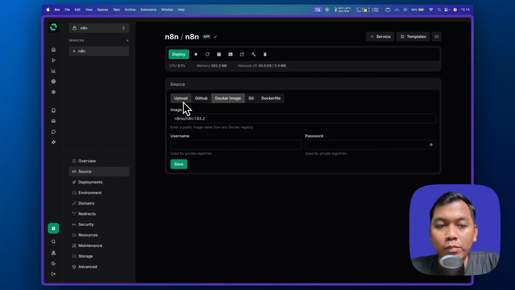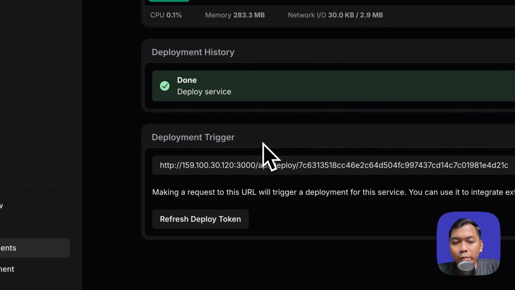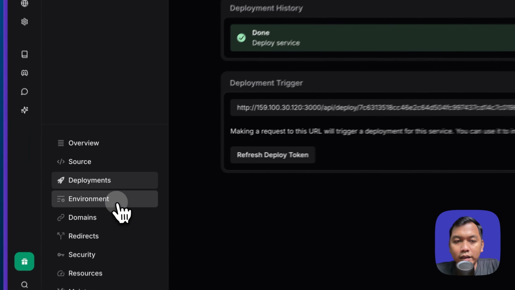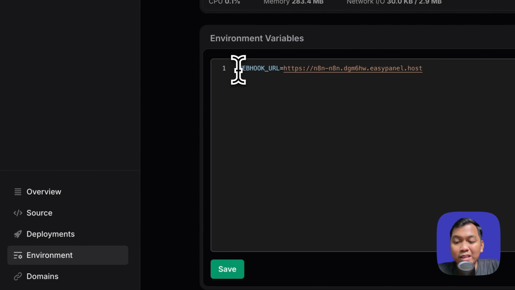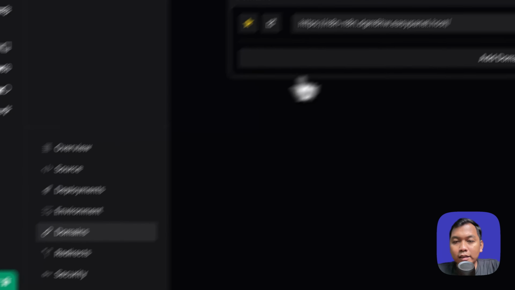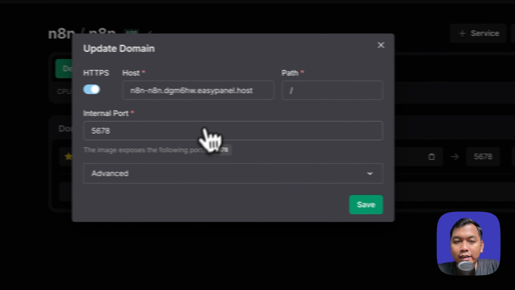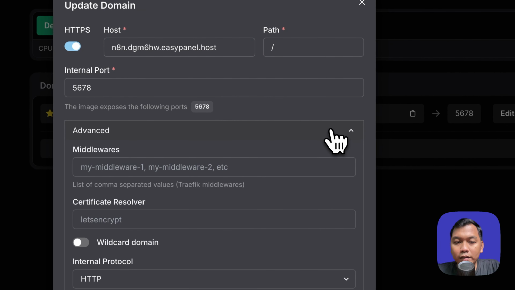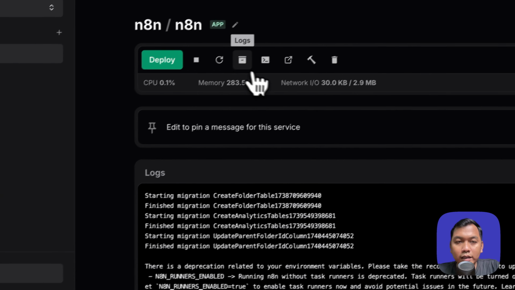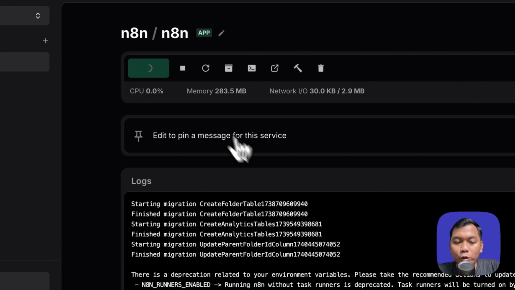We can select upload, GitHub, or Docker image. In this case, n8n uses a Docker image, and also this Git or Dockerfile. In this deployment, we will see a deployment trigger and environment here. We just have one environment variable, which is the webhook URL. The domain, we can edit here, maybe save, domain update, and let's restart or deploy again.